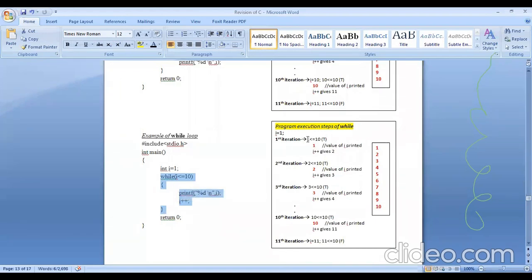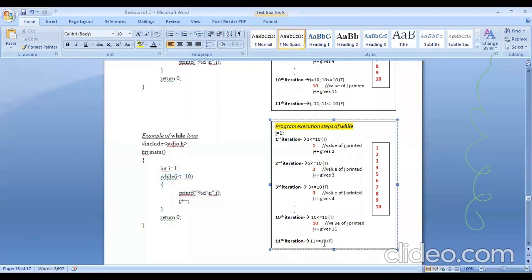So here, based on the condition, all the values of I will be printed, and with every iteration, the value of I will be updated. It will be incremented by 1. And again for the next iteration, that value will be checked against the value given in the condition. This will continue till the 11th iteration, where finally the value of I is 11.